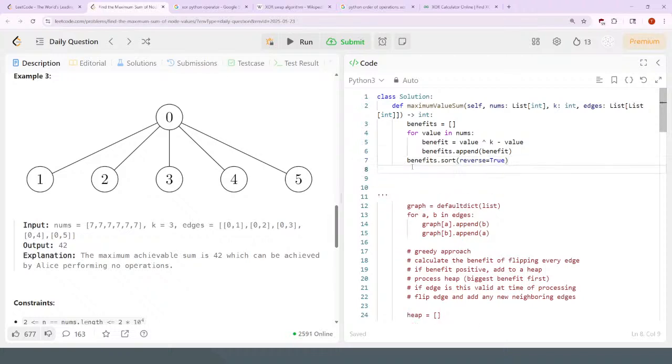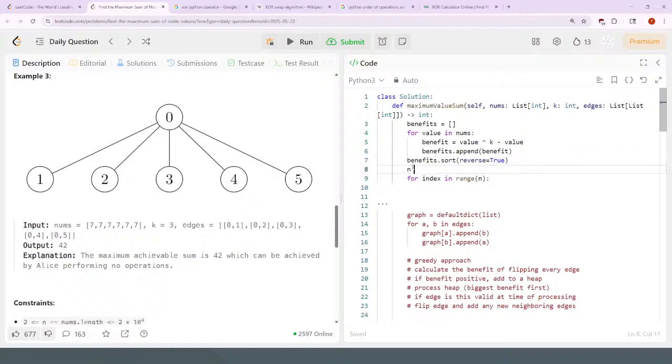So for index in range of n, where n is the number of nums, going up by 2, so from 0 to n going up by 2, n minus 1,